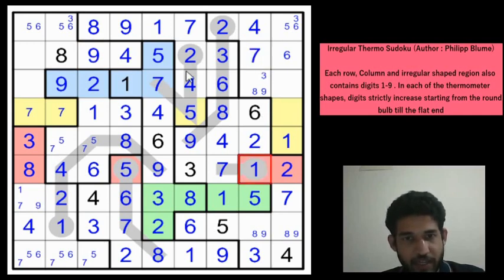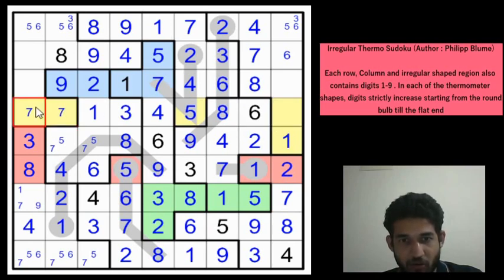1, 2, 5, 6, 3 and 4, so 7. Yeah, 7. And this can't be a 3 because 3 is here. And it can't be a 9 as well, so this will be an 8. This will be a 9, this will be an 8. And let us look along row 4 now. 1, 3, 4, 5, 6 and 8, right? 2 is not possible here, so 2 would have to go as a pair here. And 2 cannot be here as well, so 2 would be here along row 4. So this would be a 2 and this would be a 7, which gives a 9 here.